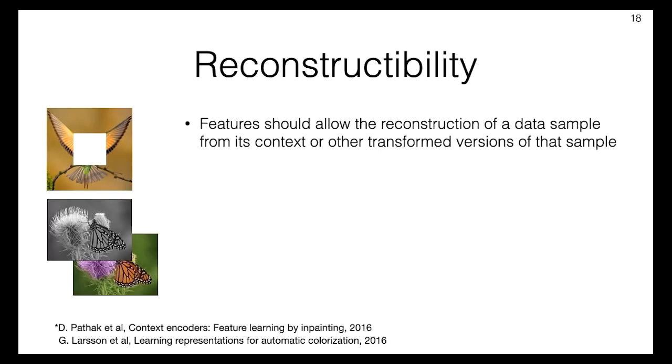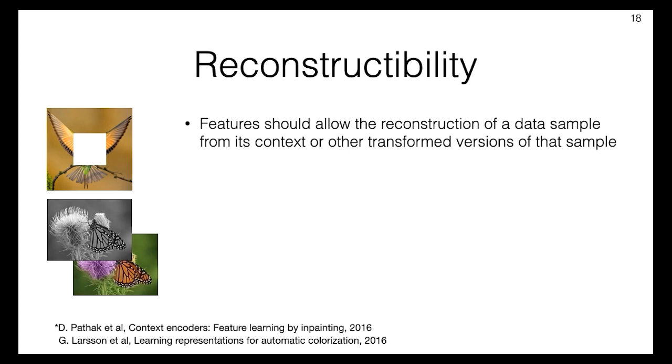As a first example, let's consider the self-supervised learning works of inpainting and colorization. In the inpainting case, the transformation of the data is to remove a set of pixels and the task is to reconstruct the missing part. In the case of colorization, the transformation is instead to remove color and the task is to recover it.